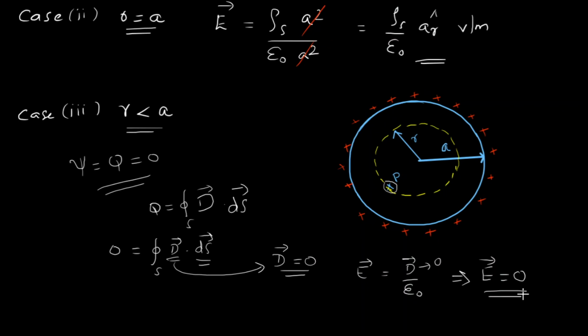So now we have three cases. We have derived the electric field intensity for case 1, case 2 and case 3. So now we know that the electric field intensity is going to vary at every point around this spherical shell. When I say around, the electric field intensity inside is 0, on it is some value, outside it is some value. So I can have a plot of electric field intensity versus radius of Gaussian sphere. So, let us try to draw that.